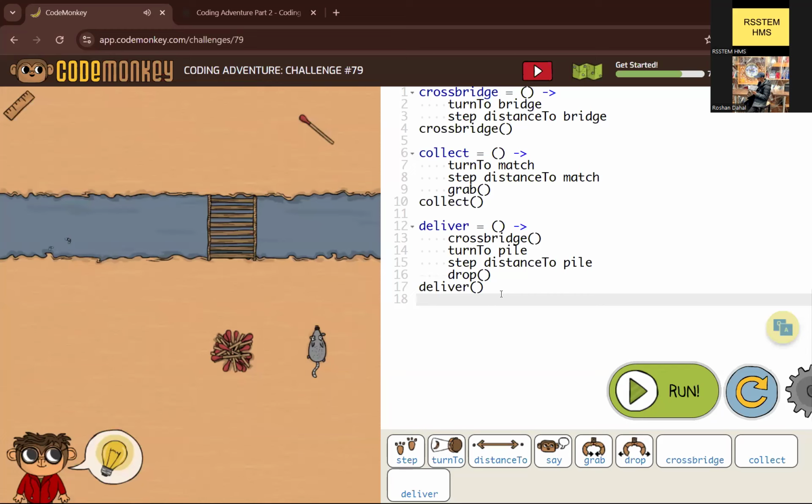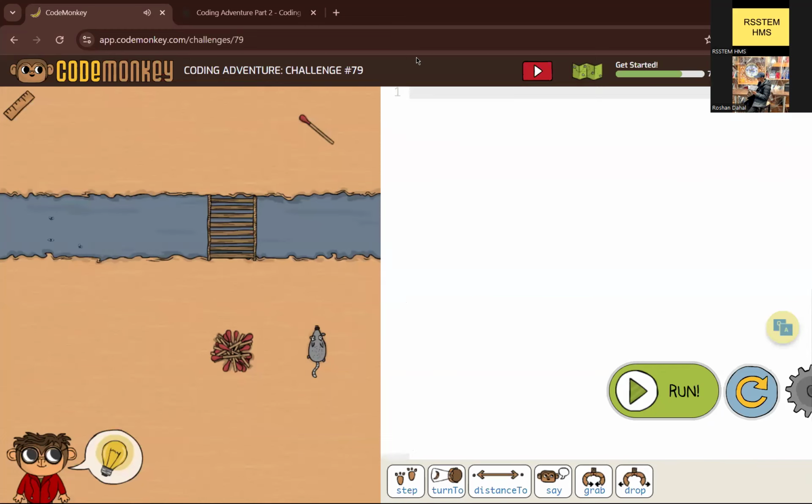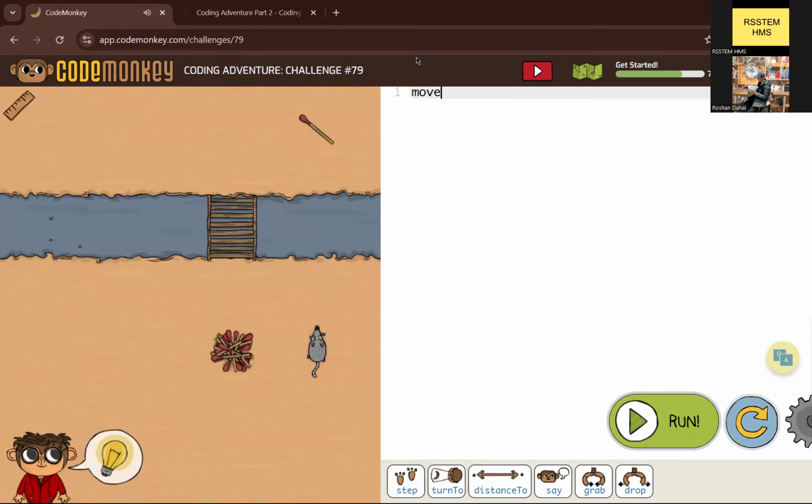Let me show you how you can reuse a function again and again in the same code. Again, we'll use move. I think my time is also ending. So let's get this done really quickly. Move equals to begin. Loop, step 5, and step 5. Let's firstly turn. Turn left. Move. Turn left. Step 5.